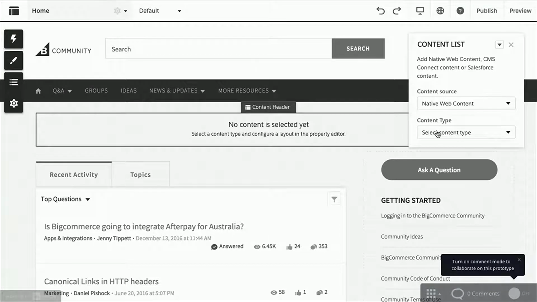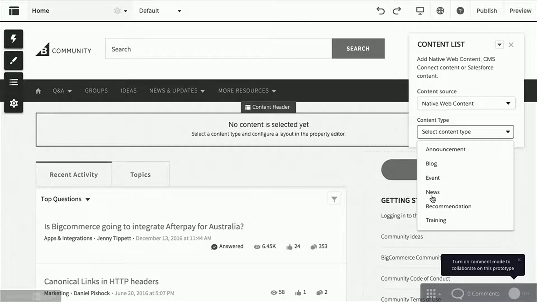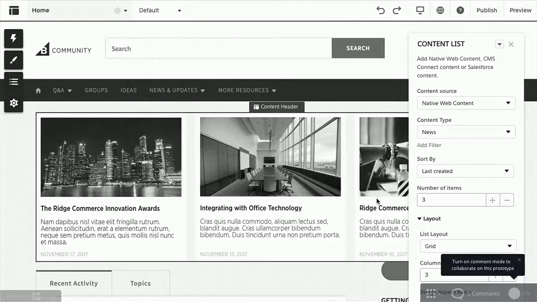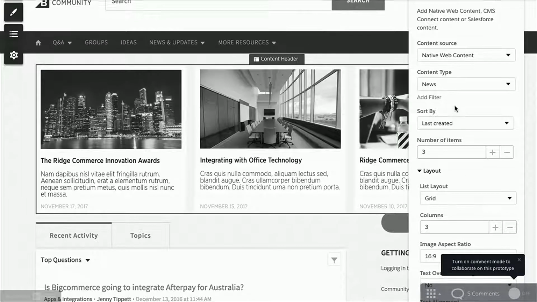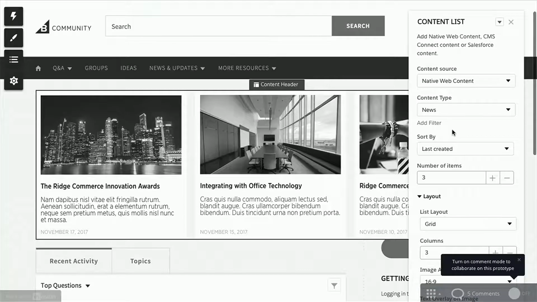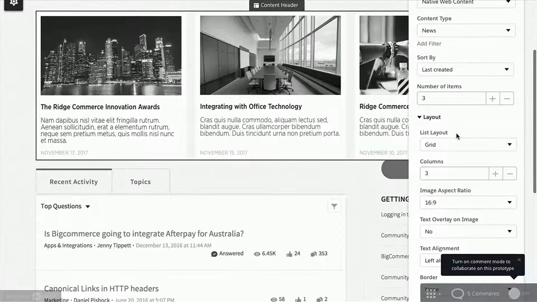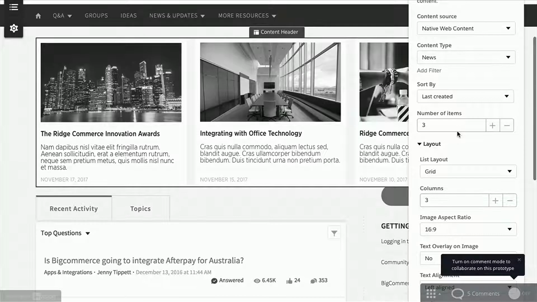And then in this example, because we created a news item, we'll select the news item. But you could have different types of content. It's showing you all of the content. Let's filter that by featured. So we're going to add a filter and just show featured news. And in addition to that, we can